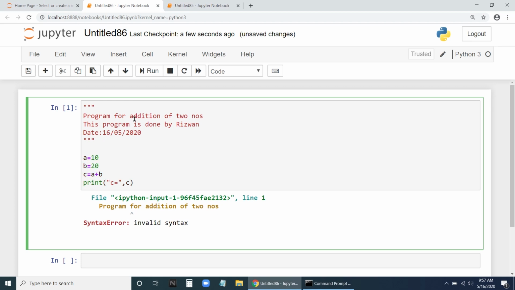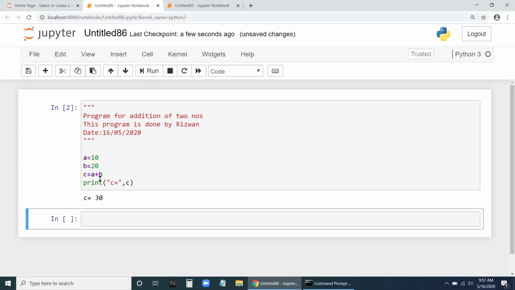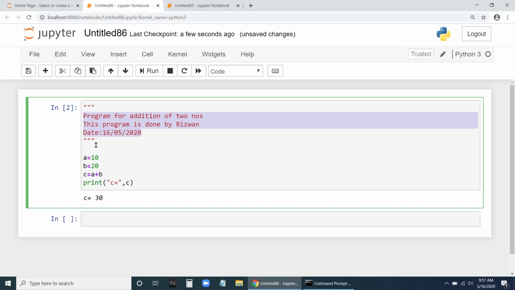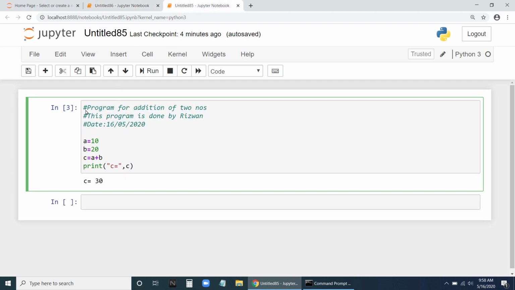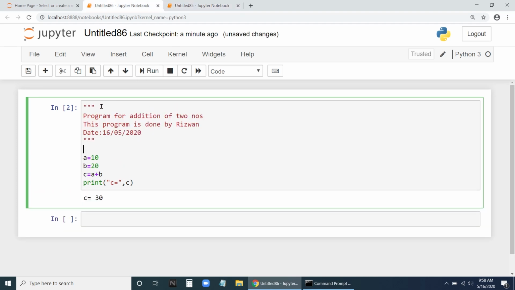Now you can see whatever I write here in these three double quotes, it will treat as a comment. So run this and see this particular code does not have any effect. There are two ways you can give it. One way is a single line comment by using hash. The other way is you can say three double quotes, and it ends with three double quotes. Whatever is in between will be a comment that will not be executed by Python.